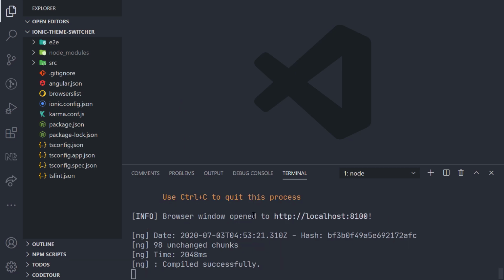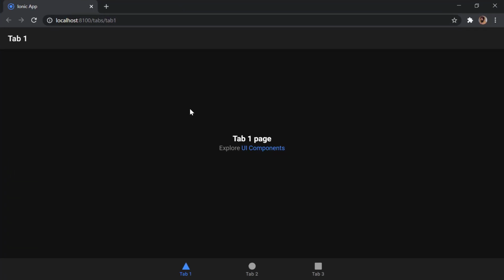Here we can see the browser window opened to localhost:8100, and in the browser we can see our application running. Here we have tab 1, tab 2, tab 3. This is what we are getting from the default Ionic tabs template. You might also notice I am getting this dark theme here.